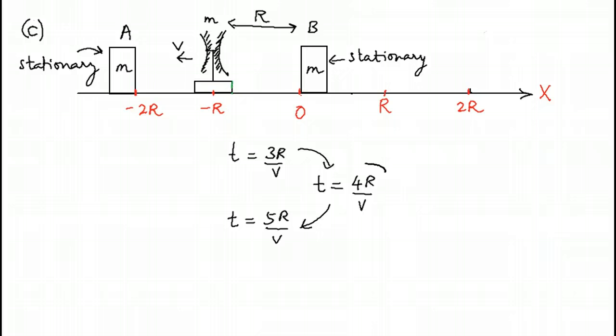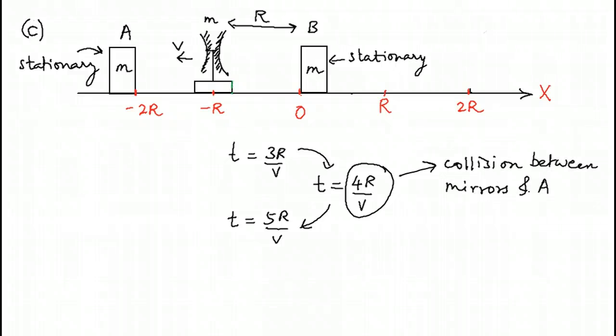And quite clearly at this time what is going to happen is a collision between the mirror stand system and A, and once again, for the same reasons as described previously, the velocities of A and the mirror stand system would be interchanged, which means that at t equal to 4r by v, the mirror stand system would be somewhere over here like that,